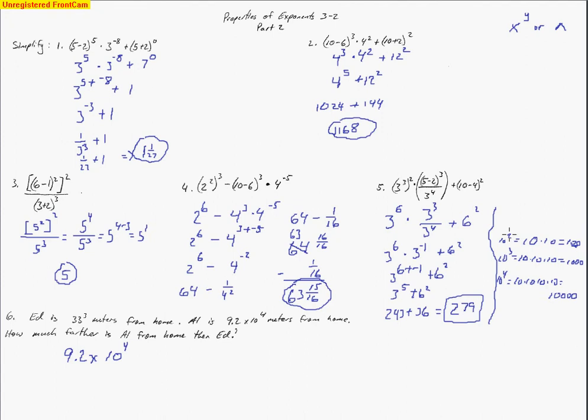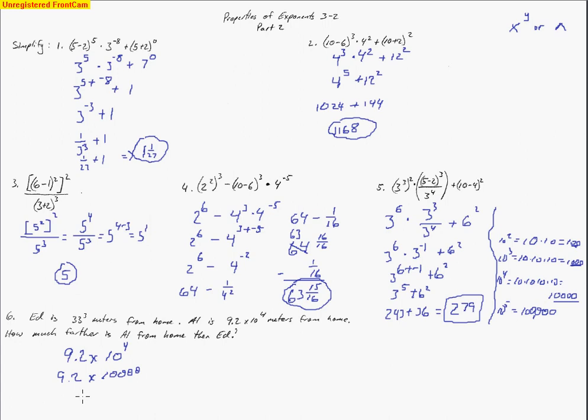Notice the power that we have. 10 to the second has a 2 for the exponent, and we have 2 zeros. Same thing here. You'll notice that same pattern. 10 to the third is 1,000. 1,000 has 3 zeros. 10 to the fourth is 10,000. 10,000 has 4 zeros. So 10 to the fifth would end up being 100,000. And notice that 100,000 has 5 zeros. So there's a pattern. So when I'm doing 9.2 times, and I know this is 10,000, what that leaves me with is